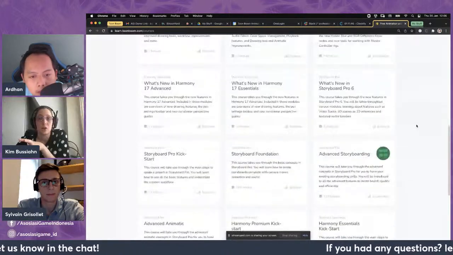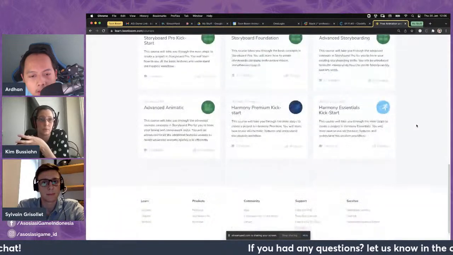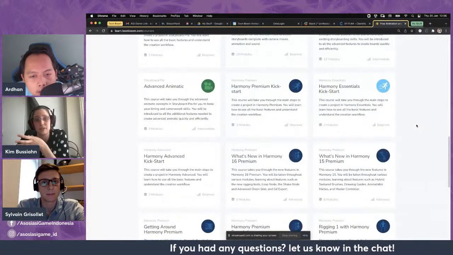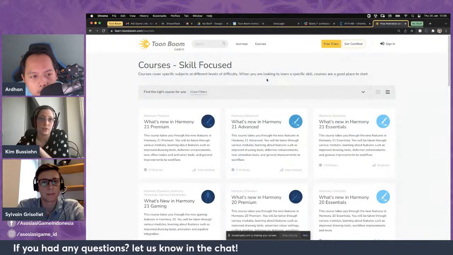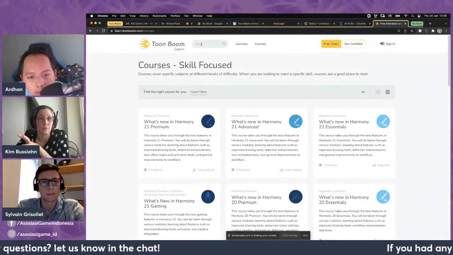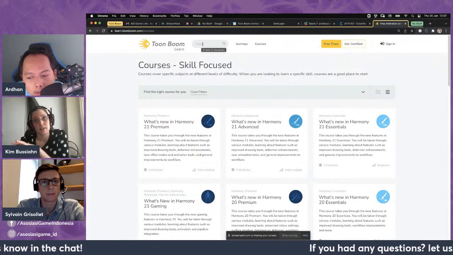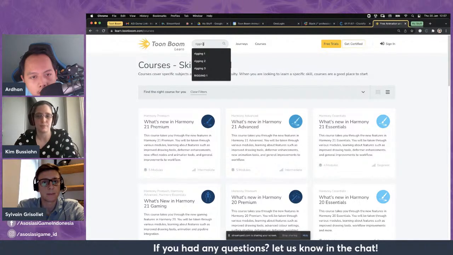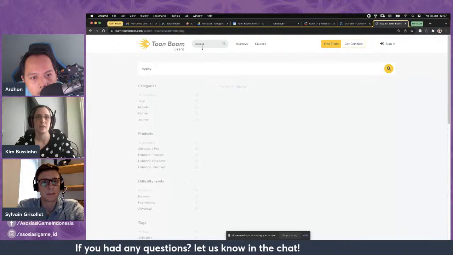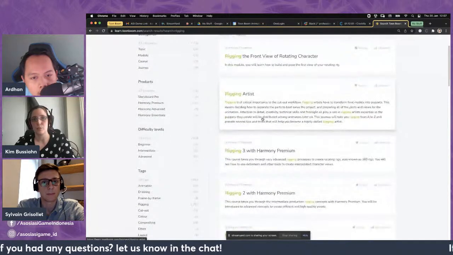So we've got a lot of courses here. We've got advanced storyboarding. We've got Harmony Premium Kickstarts. We've got more specific courses for the new features for separate versions of Harmony. So if you are struggling to find anything, just go into your search bar and look up rigging, for instance, and then you'll get more specific